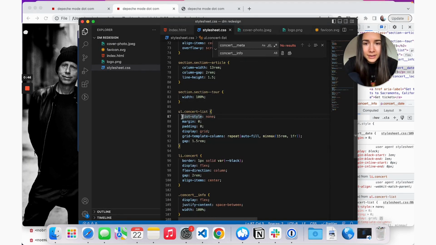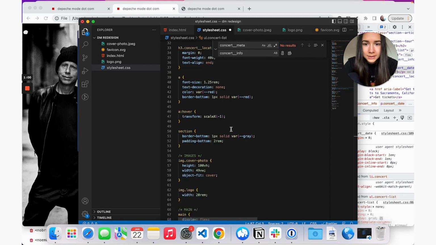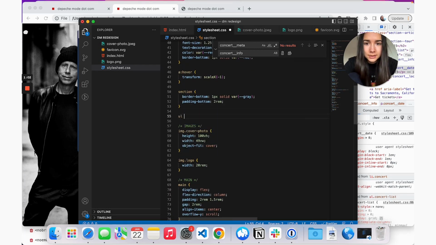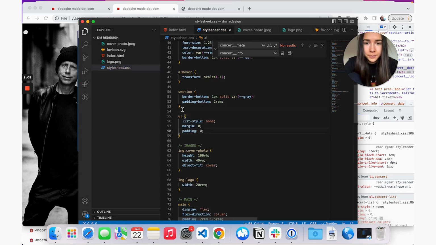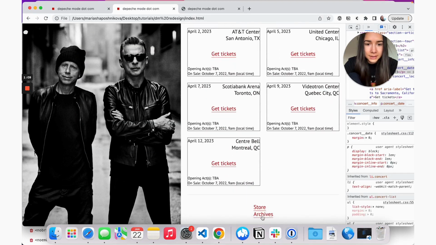Currently, we have this part applied to just the concert list, but we wanted to apply it to all unordered lists, even our navigation. So I'm going to cut the stuff out, and I'll place it inside this general section here. And now when we go back, we can see that we also don't have the default list styling here anymore.